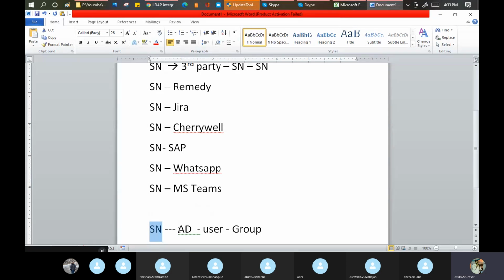The same thing I am doing here. I am integrating my Active Directory, which contains my user and group information, and bringing it to ServiceNow. Because if anyone leaves my company, I will just make his active false in the AD. He cannot access ServiceNow then.